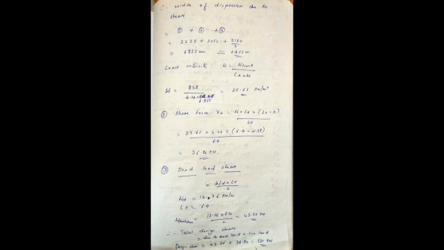So dead load shear, WD into LE by 2. Dead load we had already calculated as 13.76. I'm just substituting it here. Dead load shear is 13.76 into 6.4 by 2, that is 43.75 kilonewton. So total design shear due to dead load and live load. See, this is total design shear. We had calculated total design moment, and this is total design shear. So for dead load and live load, we have calculated 43.75 plus 76.80. That is 121 design shear. We need it later.